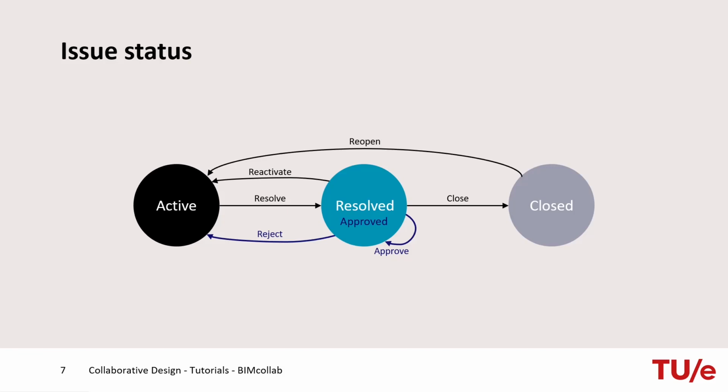The status of an issue will change throughout its life cycle. There are three options available for the status of an issue: active, resolved, and closed. New issues always start out as active. After solutions are found to an active problem, you can resolve it so that it becomes resolved, or resolve and close it so that it becomes immediately closed. Resolved issues can be reactivated or closed and will turn back to active or change to closed.